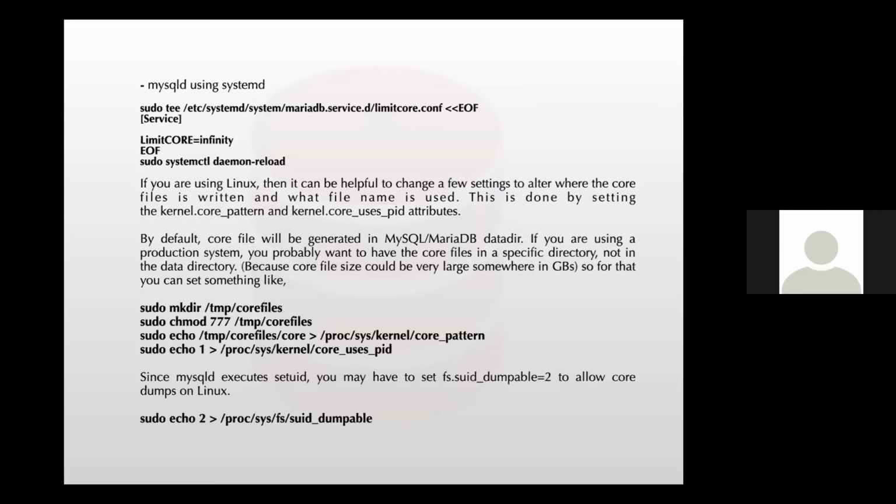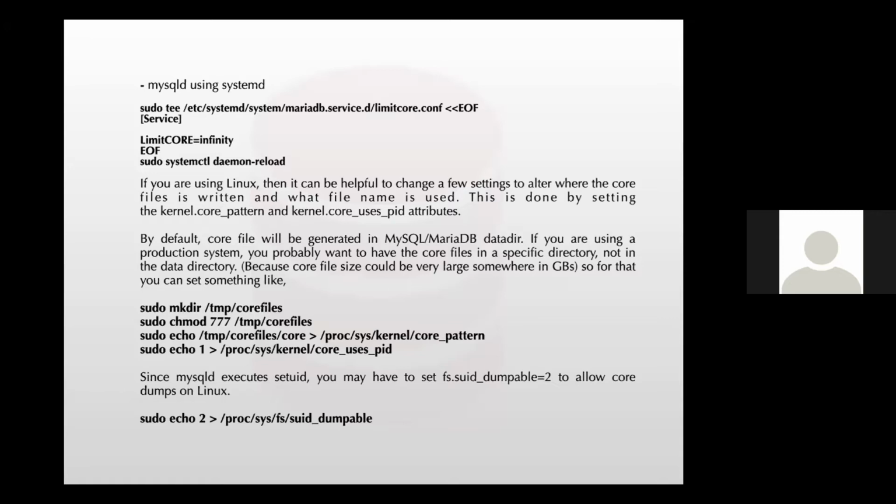You have to set two variables at the kernel level, which are core_pattern and core_uses_pid. Core_pattern will decide how the core file will be generated, what the name of the core file will be, and how you will proceed. And the same with the PID. Core_uses_pid adds the process ID of that service. So sometimes when you are using multiple services and you have enabled core dump for all, and they generate multiple core files at the same location, it would be easy to identify a particular core file with the help of the PID.